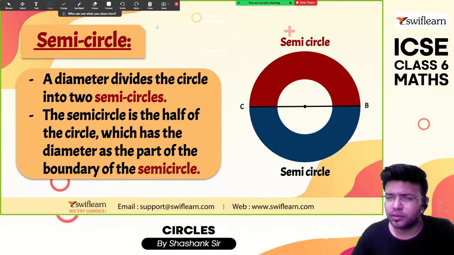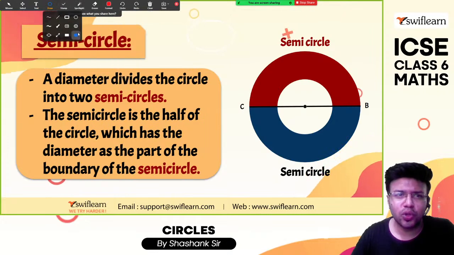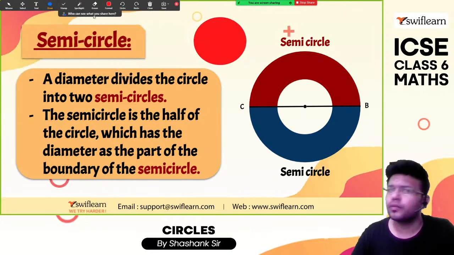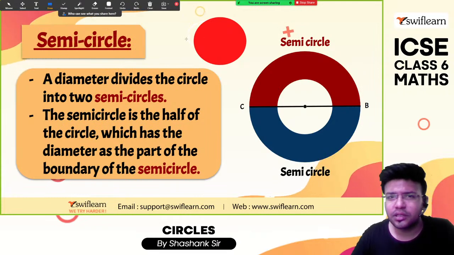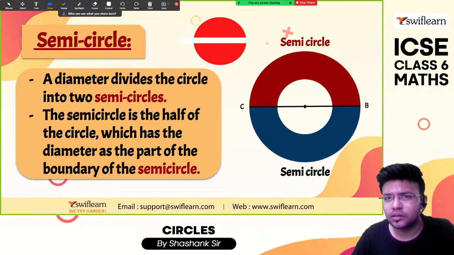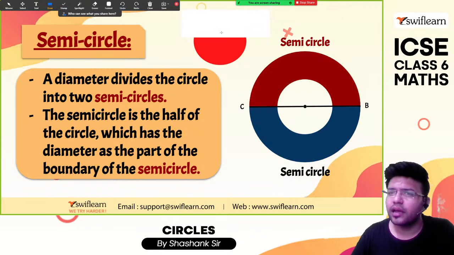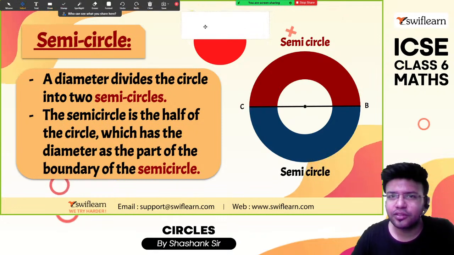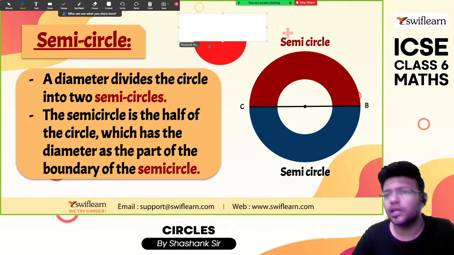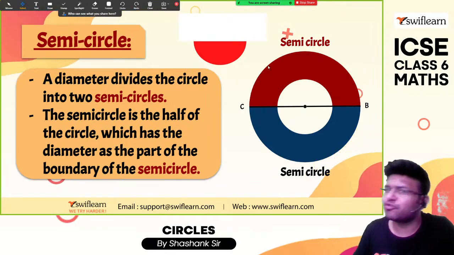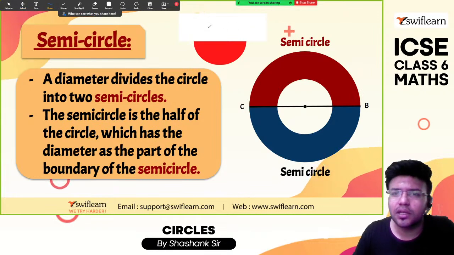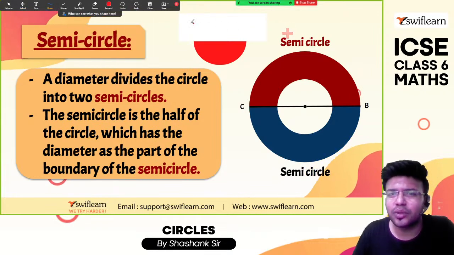You can draw like this also. Now you cut the half of the circle. Okay, it's not exactly half. Yes, now it is. ये जो दिख रहा है, it is a semicircle. The one which I have drawn here, semicircle. Okay, half circle is known as